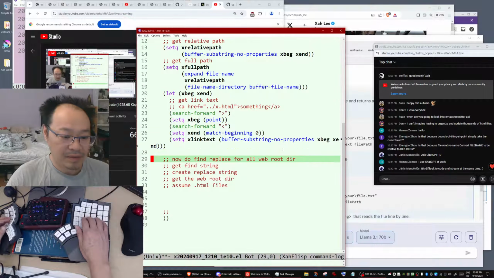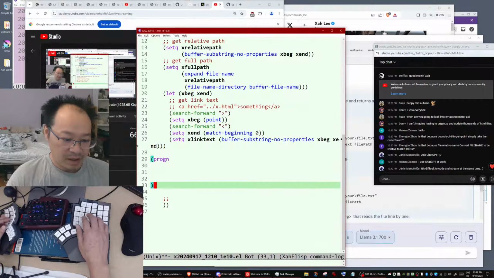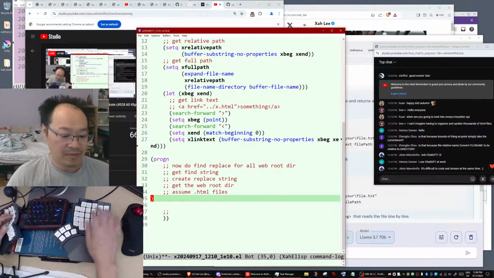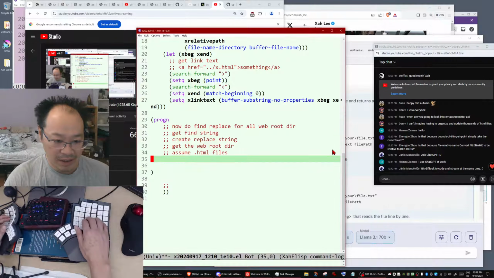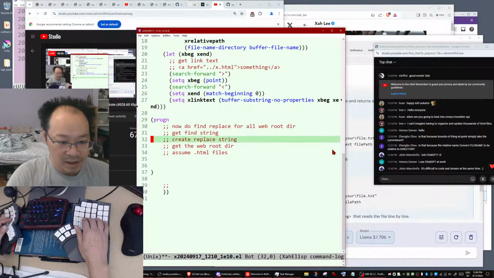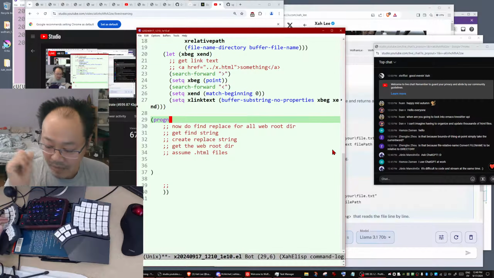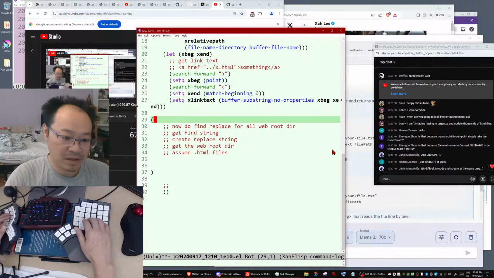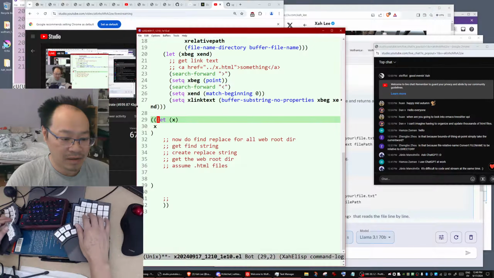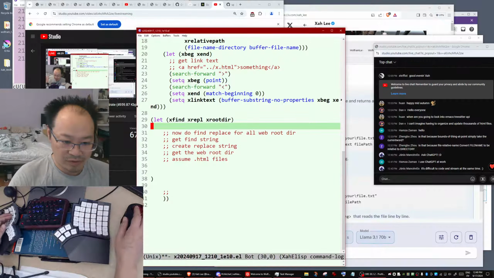So now let's make this program into a block of code, a kind of mini program, so we have our code organized. Each algorithmic unit is in a block. You need a find string, replace string, and root, so let's say let find, replace, and root. So, a few variables.